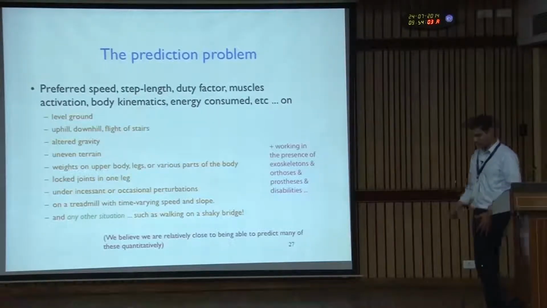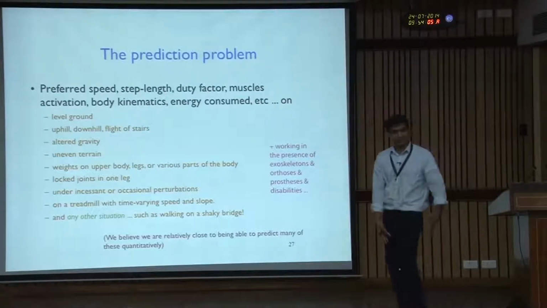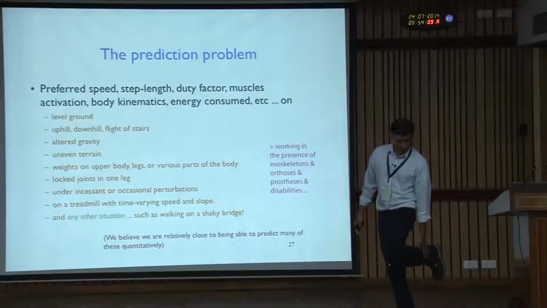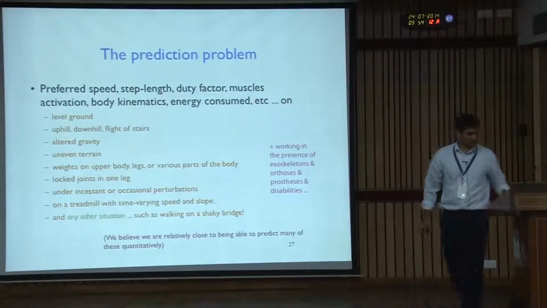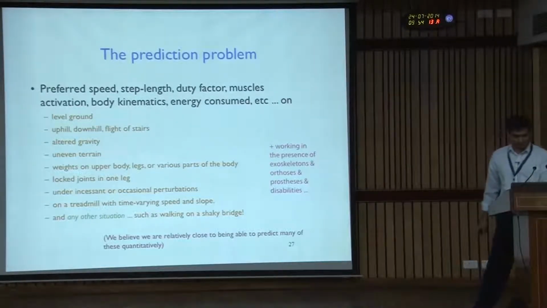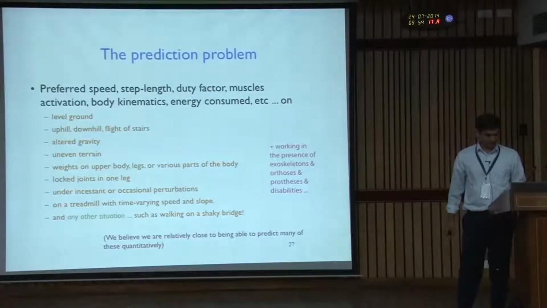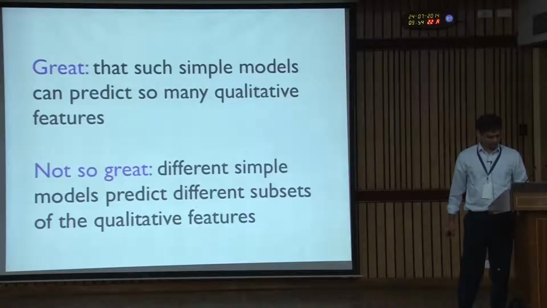And these are just sort of passive examples. You can imagine active examples where you put an exoskeleton, a man suit, in parallel to a person, or if a person is missing a limb, you have a prosthetic device in series with the limb, and you would like to be able to predict how a person will behave in all those circumstances. Can energy optimality do that? Well,